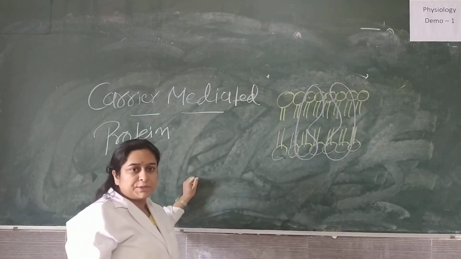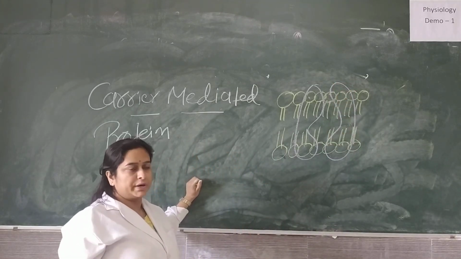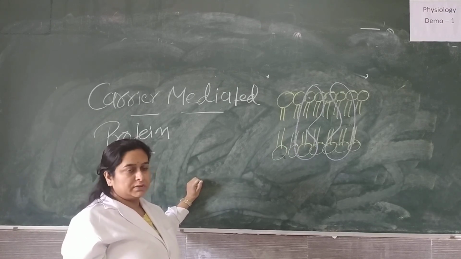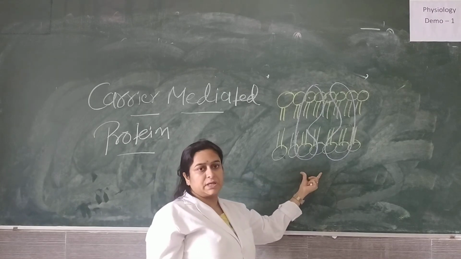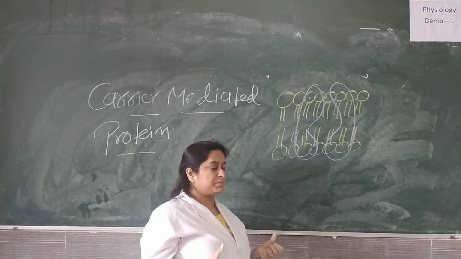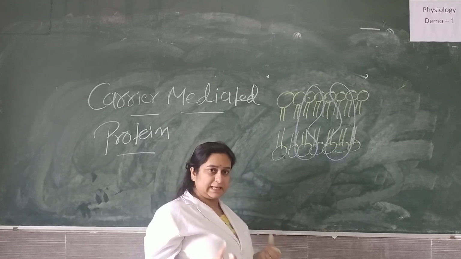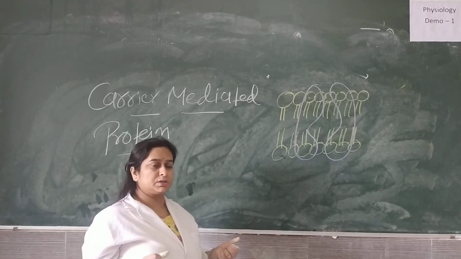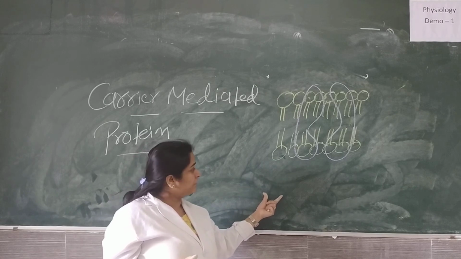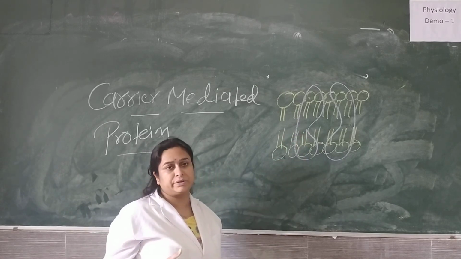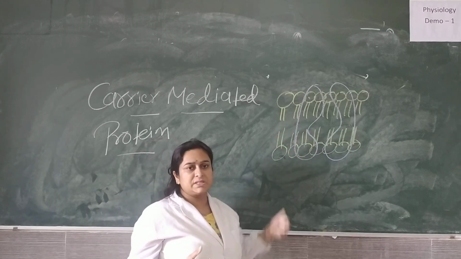This type of transport is present throughout our body, especially in the adipose tissue. Suppose our body needs glucose. The hormone responsible for the regulation of glucose is insulin. Whenever the cell needs glucose, this insulin will increase the expression of the GLUT transporter at the level of the cell membrane.